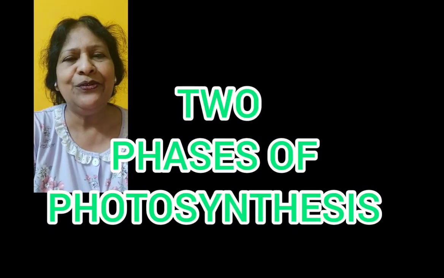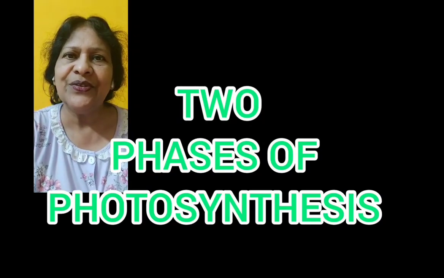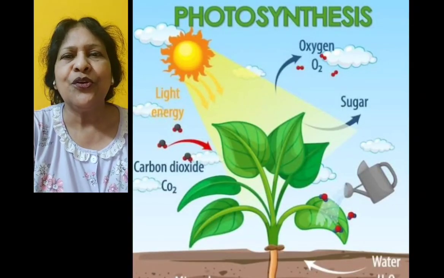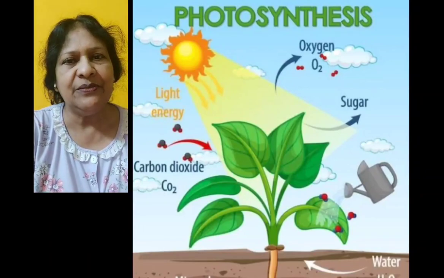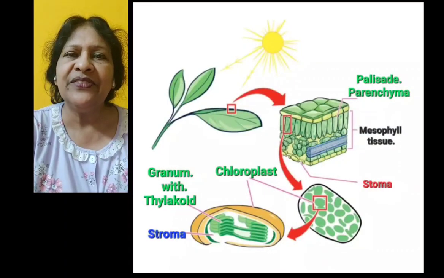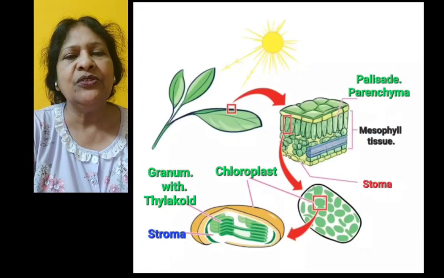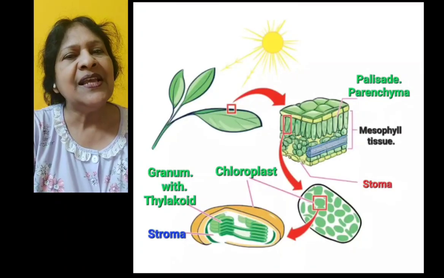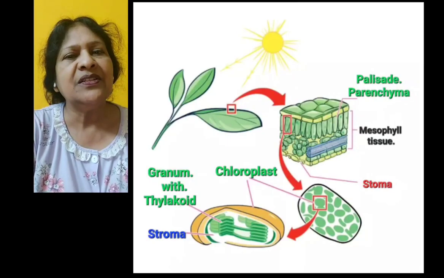In this video, our main focus is on the two phases of photosynthesis. Photosynthesis, as we all know, is one of the most significant processes. This process, which is done by the green plants, produces food not only for themselves, but also makes it available for all other organisms. Besides making food, it also releases free oxygen into the atmosphere, which is utilized for the process of breathing. So let's learn a little more about this process of photosynthesis, which comes under the two heads: